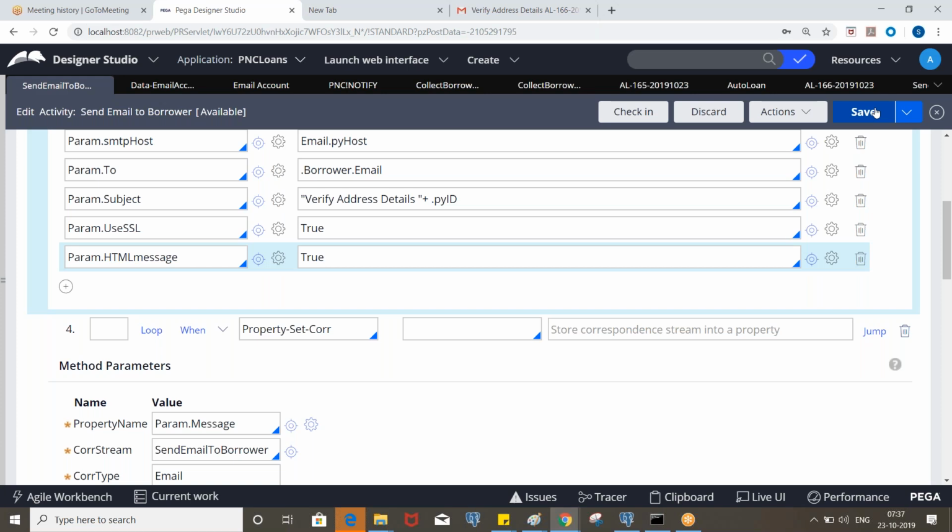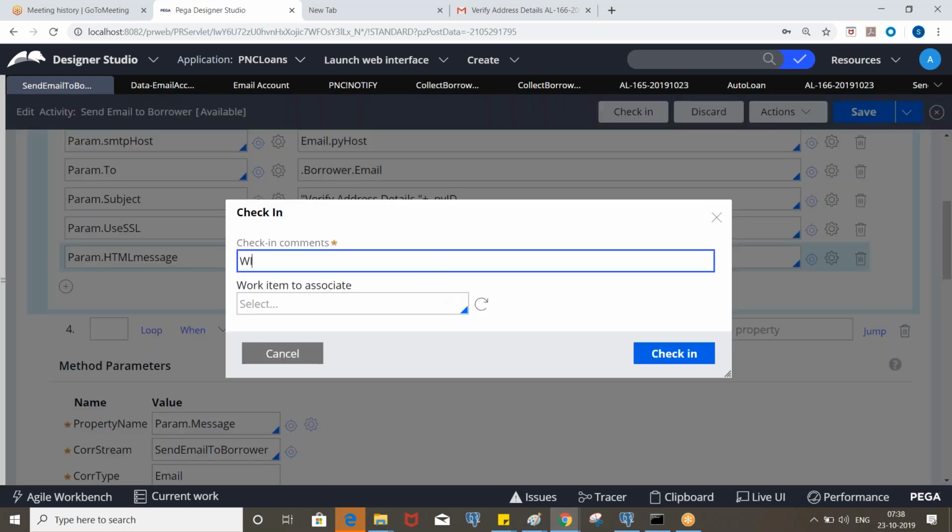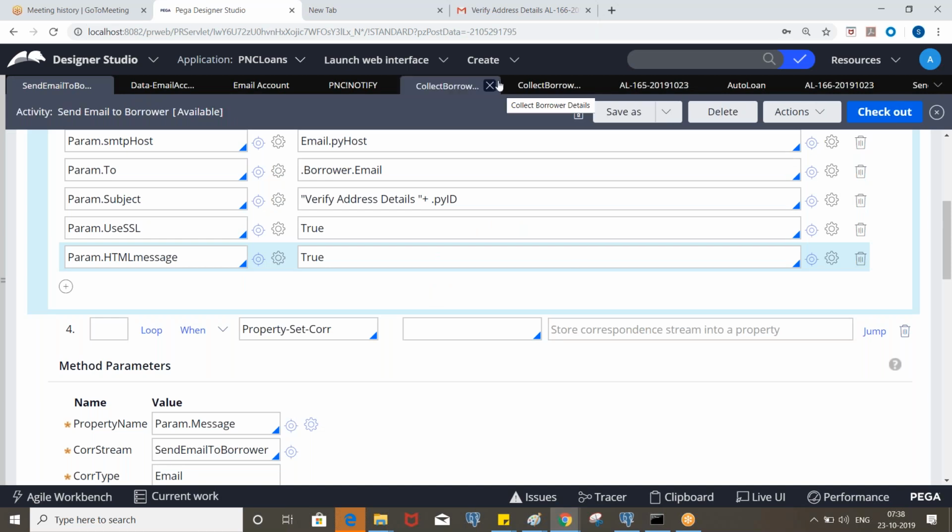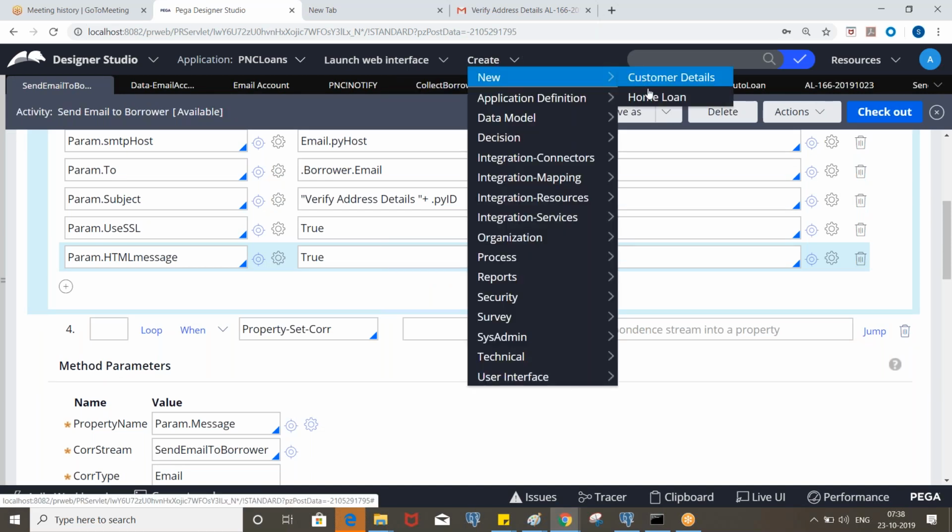That means, are we passing any HTML data as part of this email? If we do not select that, in the email body, instead of the formatted content, you will see the HTML code. Okay. Right. So now let's test this. Go to the auto loan.